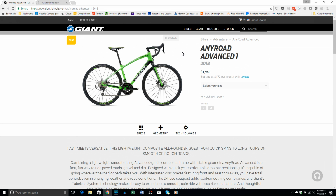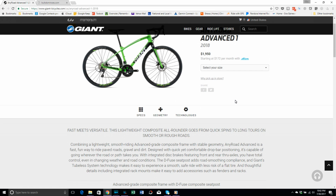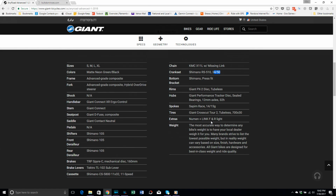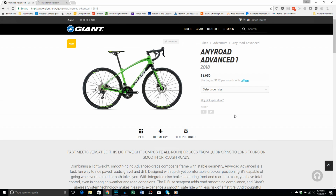The Advance, of course, means that it's carbon. And so it looks pretty comfortable. I would imagine Giant builds this frame so it's not overly stiff. But again, I don't have any experience riding it. I just want to point it out that this would be a good option for